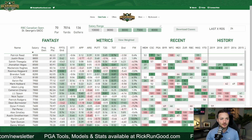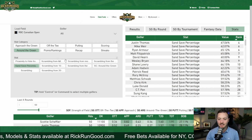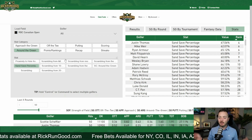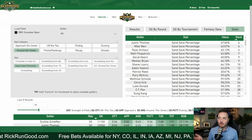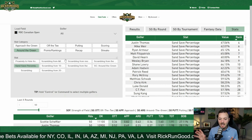Let's start with the Holy Grail. We'll go to the stats. I want to look at sand saves. I think this is going to be important. These are just microscopic greens, and the greens are incredibly protected with bunkers. So I think this is going to be a factor